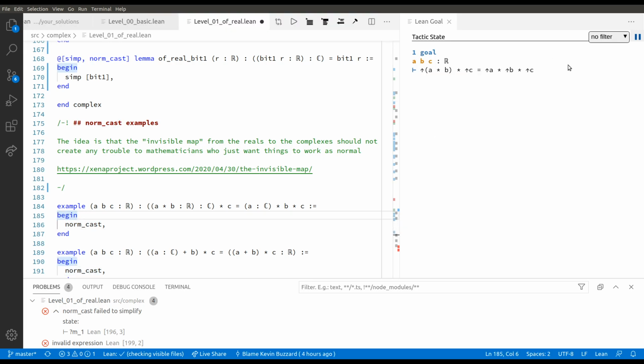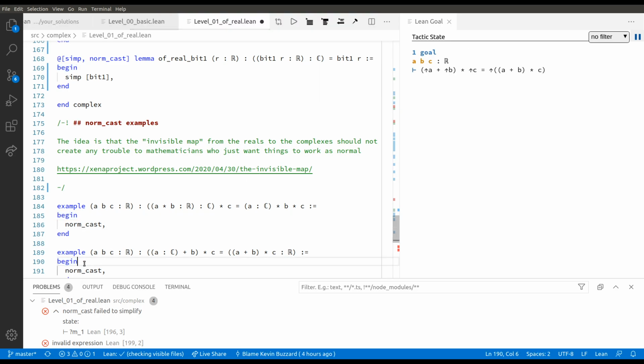So here's an example of a goal. We've got three real numbers A, B, and C, and we multiply A and B together as real numbers. Then we regard that as a complex number, and then we multiply it by the complex number C. That's just the same as if we were regarding them all as complex numbers. So you see the normcast tactic just does that immediately. Whenever you see a goal that has arrows in, the proof here should just be cancel the arrows, and indeed